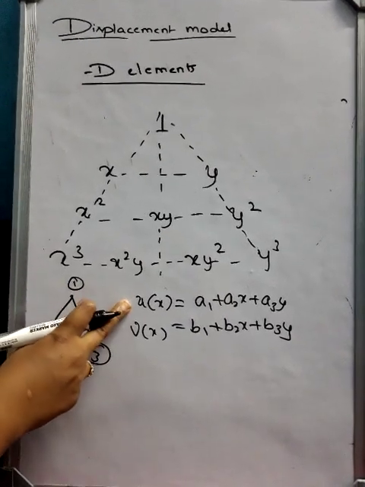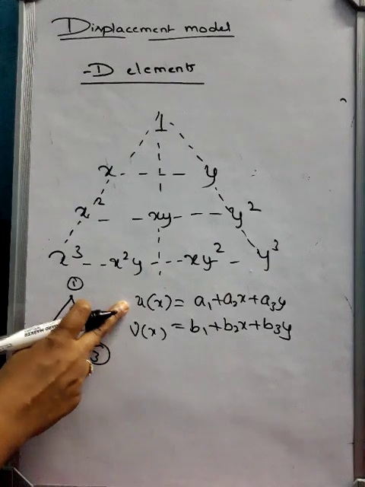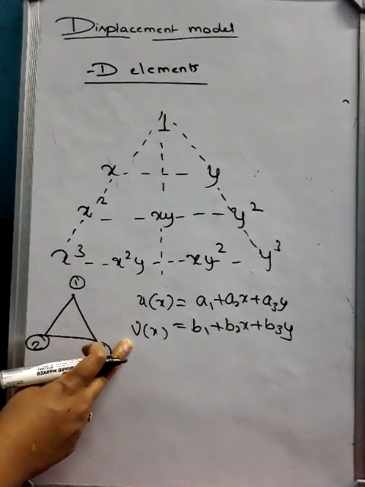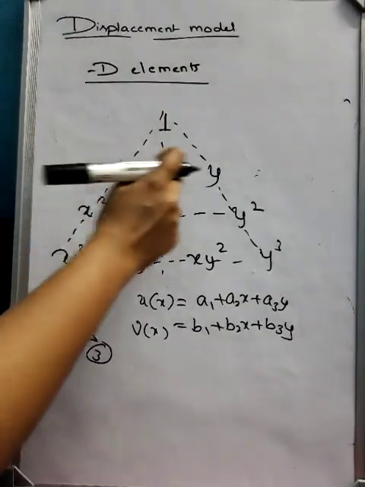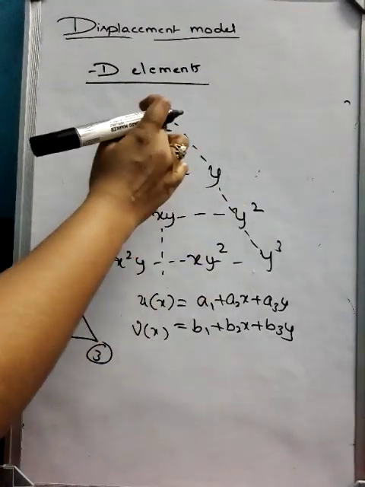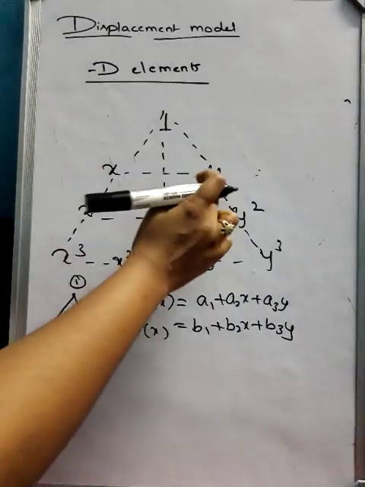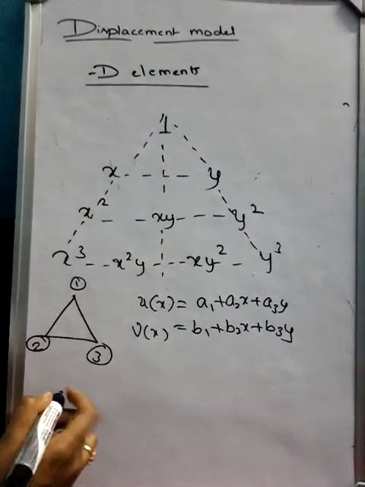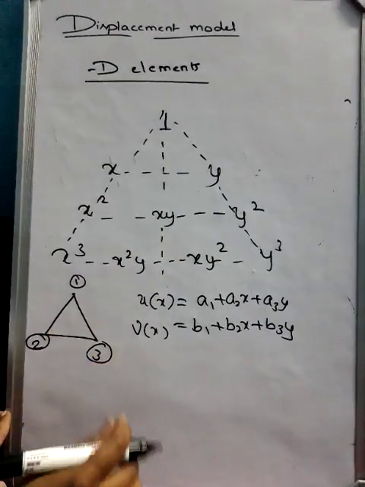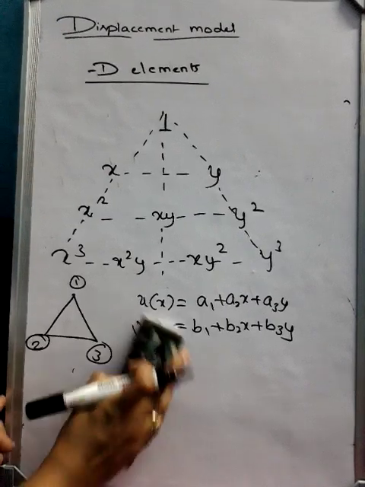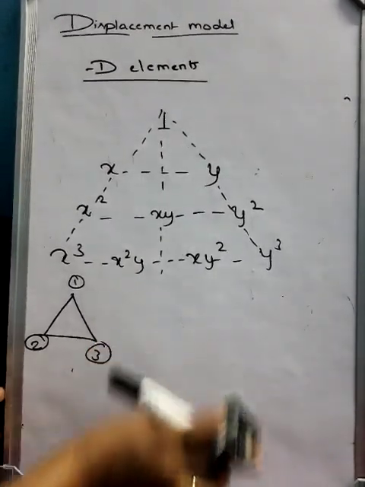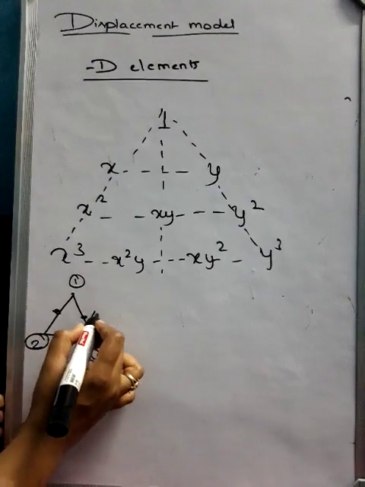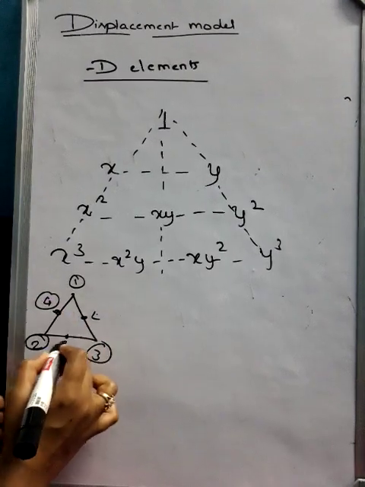That is, u is the displacement component in x direction and v is the displacement component in the y direction. Now this is very important and you are going to follow in this way only. 1, second, third, then fourth, fifth, sixth. So it should come in a proper way. For example, assume I'll be taking a 6 noded triangle element. Now we have 6 nodes, so this is 4, 5, 6.